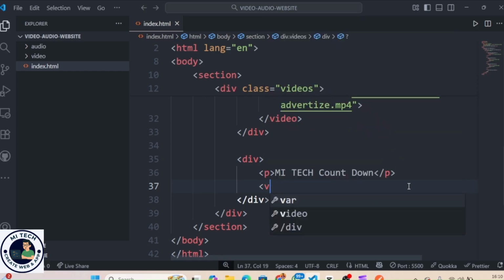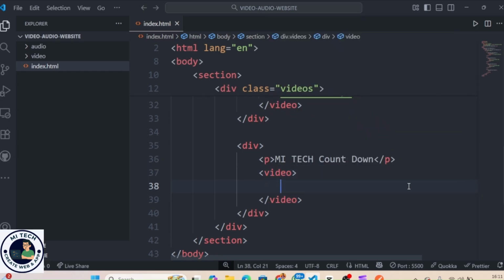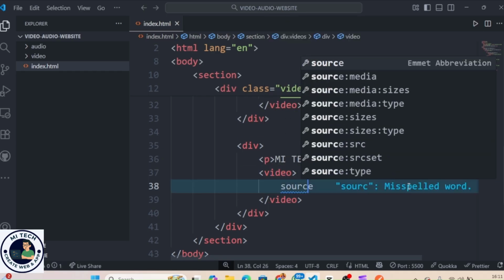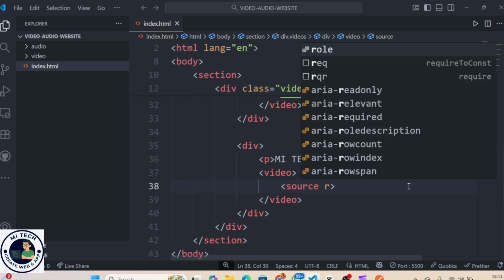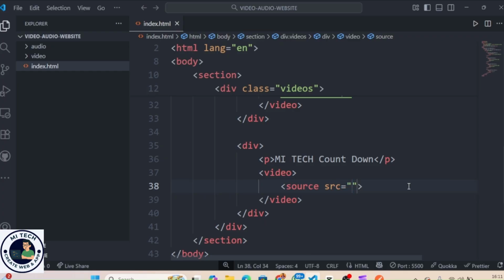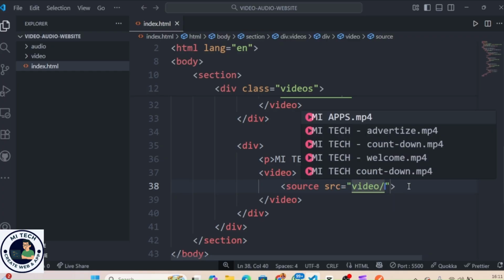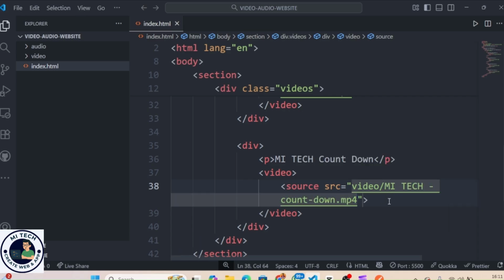And then also here we will have a video. Inside the video we have a source. Now inside the source we have a source to specify location. Location is about video, and also here is the countdown video. So we have it to be with 4